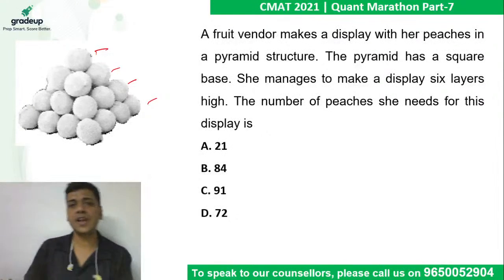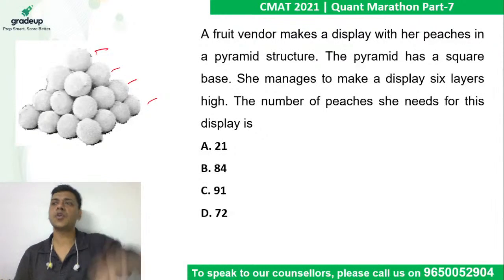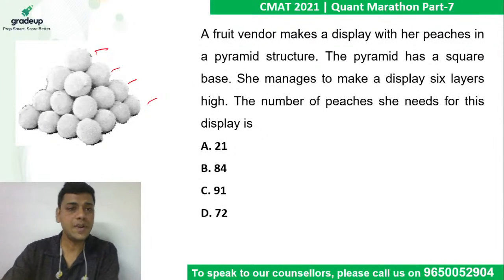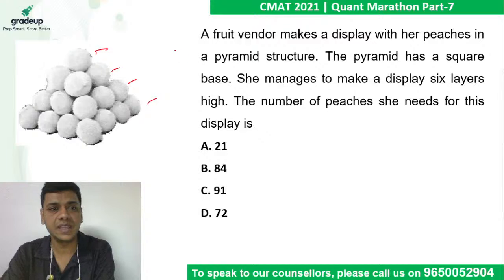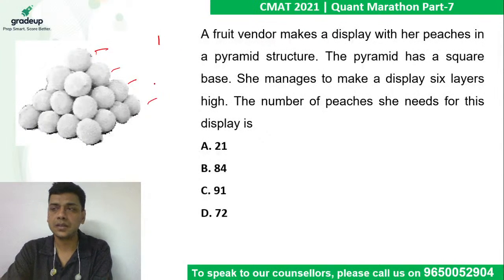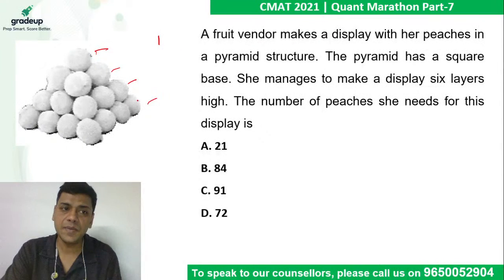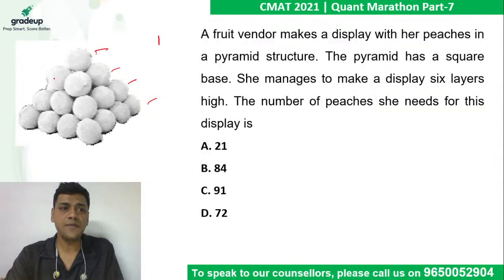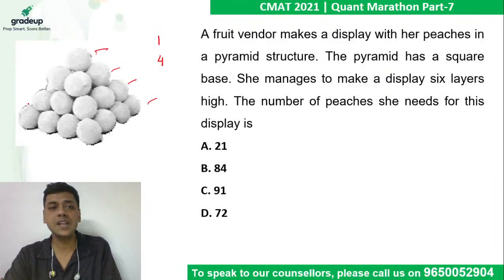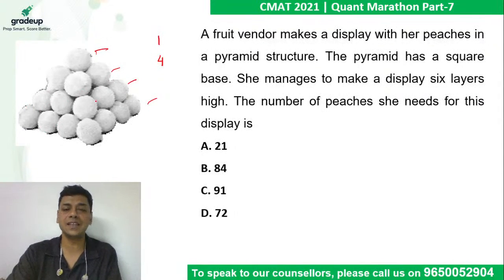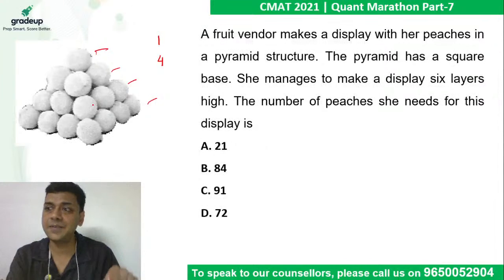So basically, if you look at the top layer, let's start from the top layer. How many peaches would be there? There will be only 1 peach. In the second layer, how many peaches would be there? You need to have 4 peaches there, which is nothing but 2 square. In the third layer, how many peaches you require? You need 3 by 3 peaches,